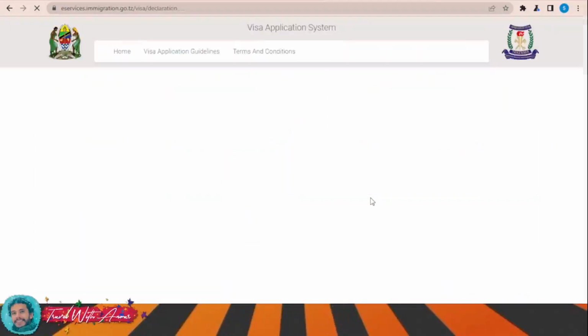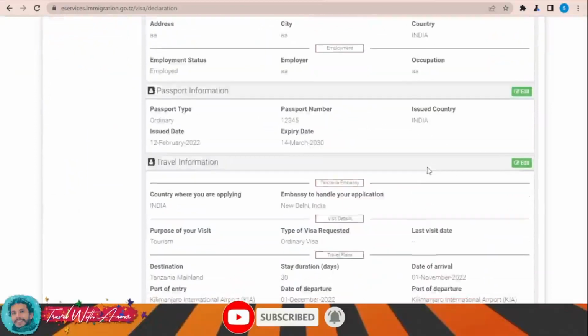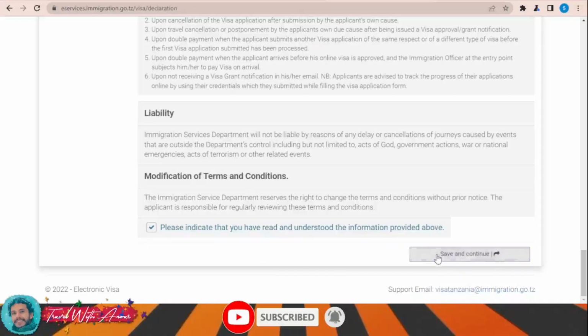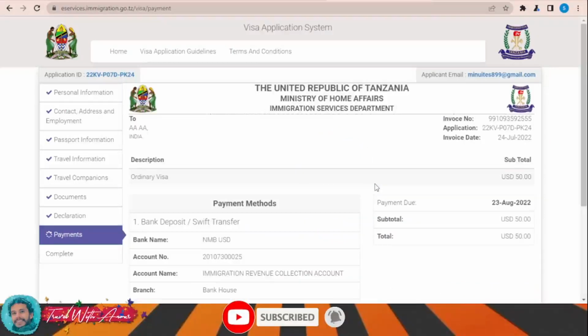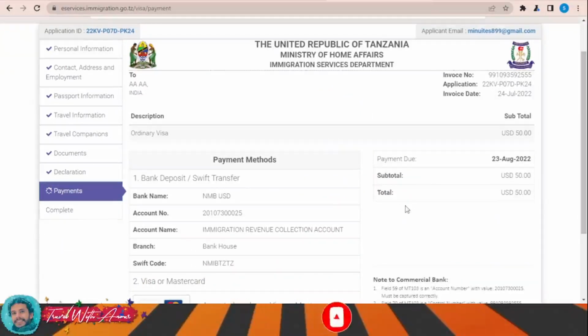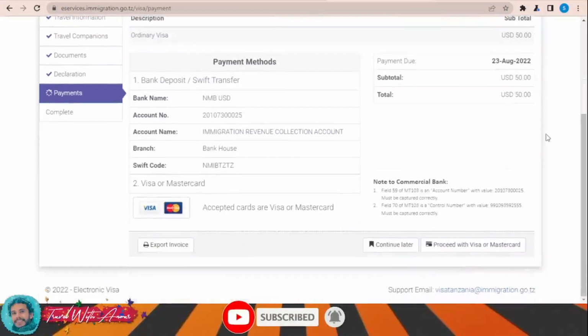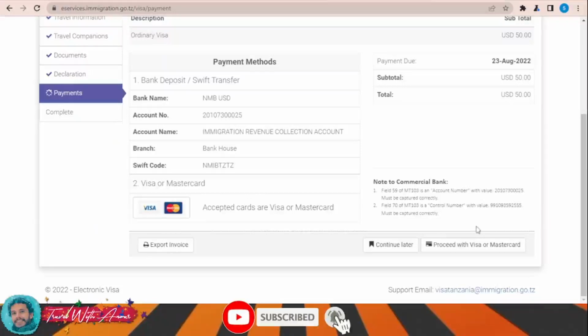Then this part is for the declaration. First you will have to review every single part of your application, then click save and continue. Okay, and this is the price, the total price of the visa, $50 US. Okay, and you can accept it either by MasterCard or Visa card. So if you want to make the Visa payment, just click proceed with Visa or MasterCard,